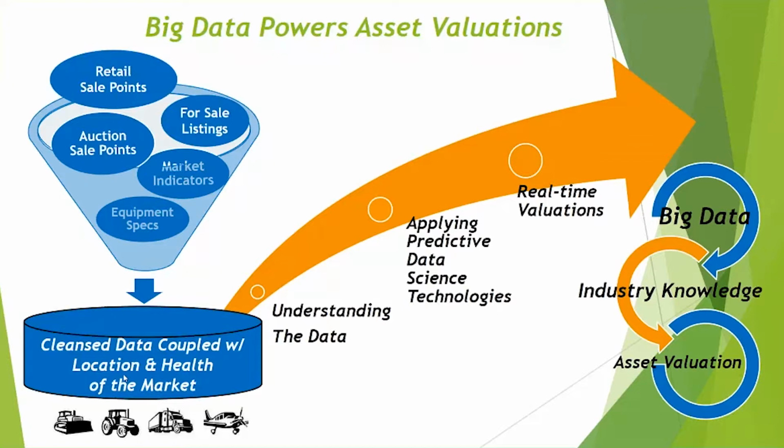That's a key point. So some other things that we do is, we do have people look at pictures, as Scott indicated. We collect VINs, and sometimes we look at, does the VIN match up to what the description says? Sometimes a year make model might be different than the VIN. It's a way for us to validate and employ certain standards across all of our data so that we know that we're working with the best set of data available to us. So when we get it in that state,